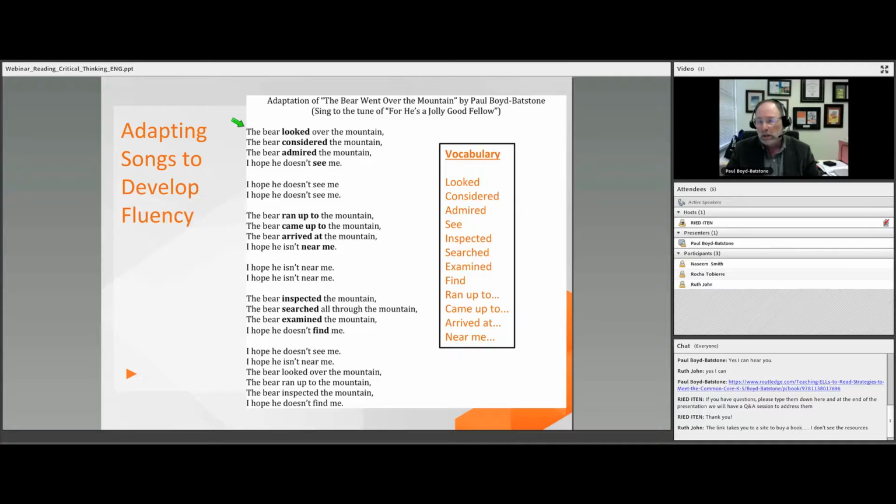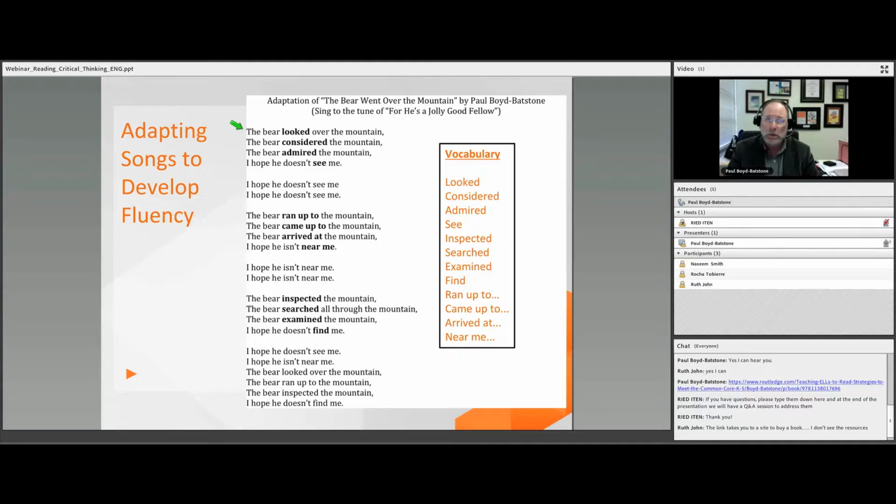But what I did in order to make it work to develop and teach more fluency is to insert other verbs that deal with the same meaning. Looked, considered, admired, ran up, came up, arrived, near me, inspected, searched, examined. I could throw much more complex words, and you see those listed here. I could throw those into the song and have the kids learn to read by singing a song with a